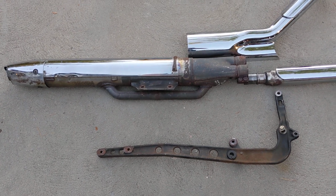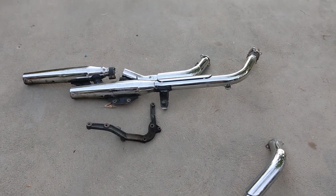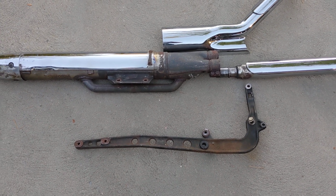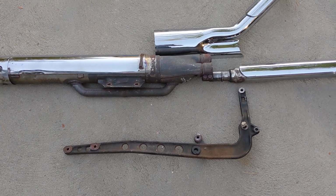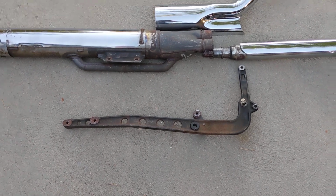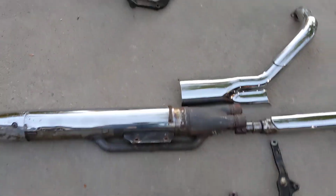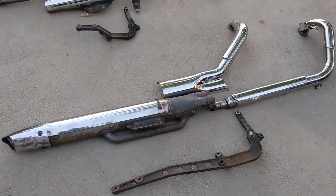And if you're going to go between these two, I recommend that you get that hanger as well, because it just lines up and it's very easy. It would have been hard to mount it. I would have had to extend that quite a lot to mount the Aero, and it would have been a pain in the butt. Now, where they actually mount,